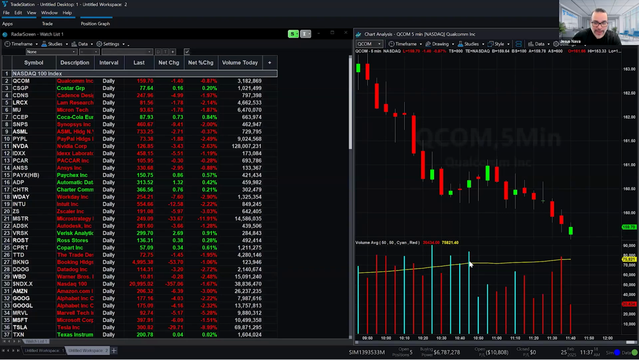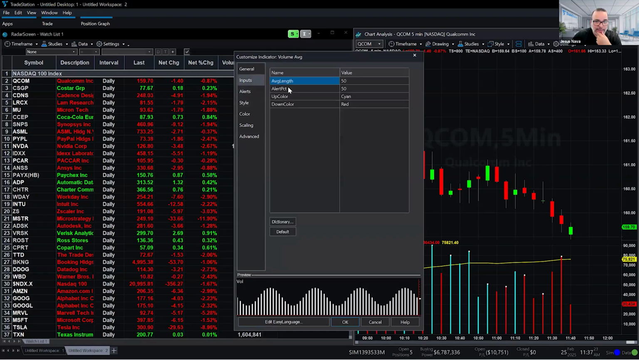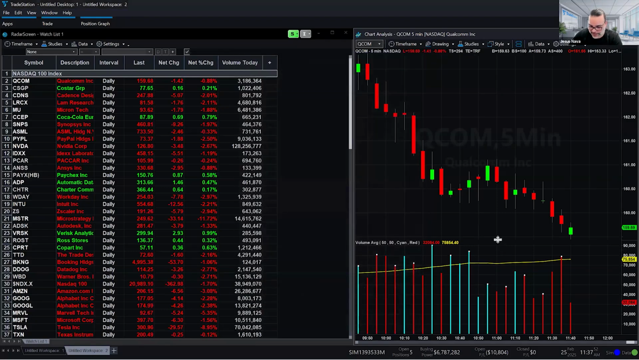Now, the volume average indicator, let me go ahead and double click here on one of its bars, has in the inputs the alert criteria, alert percentage 50. So in order for the alert to be triggered, volume has to exceed the average by 50%. So if the volume average is 100,000, your volume for that bar should be 150,000 in order for the alert to be triggered. Of course, in one bar, it may not be very significant. For example, if you look at the